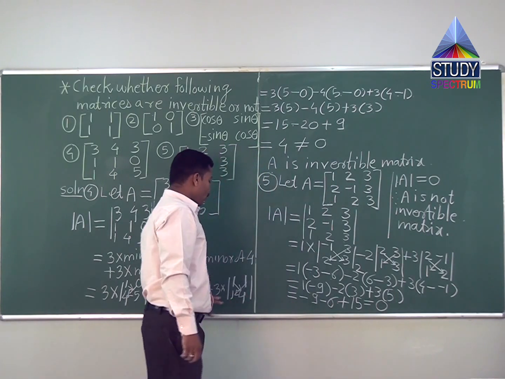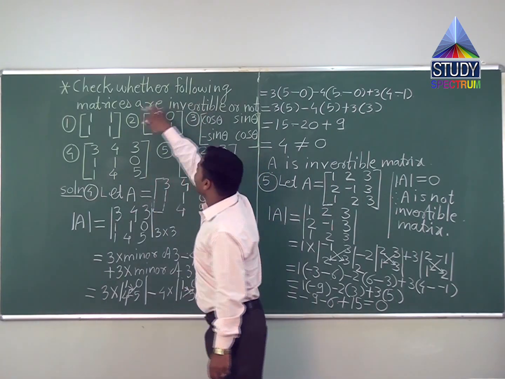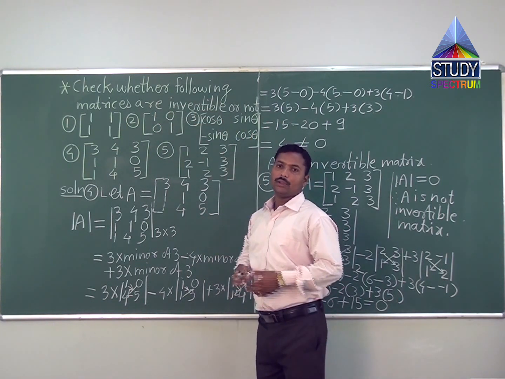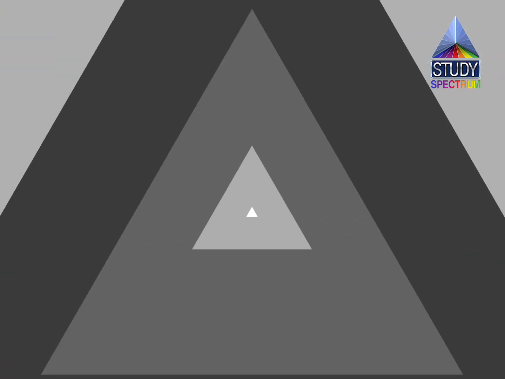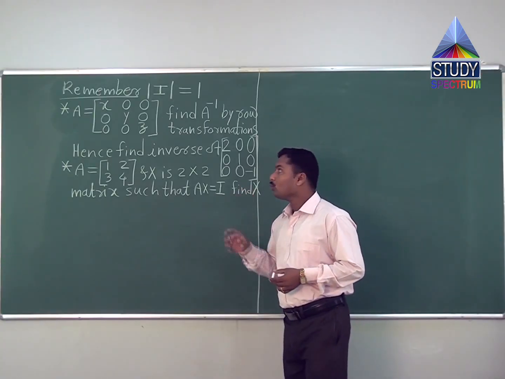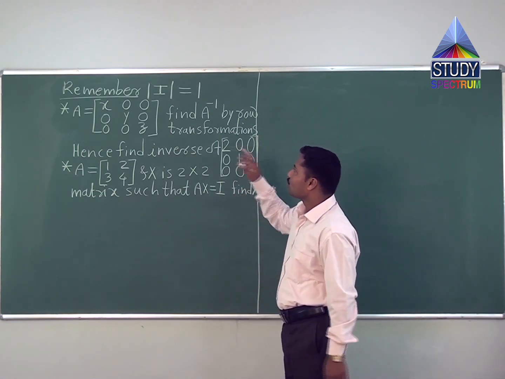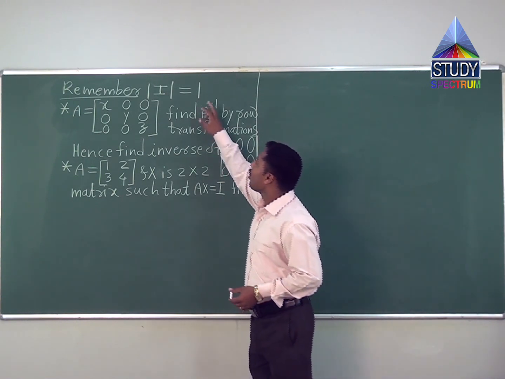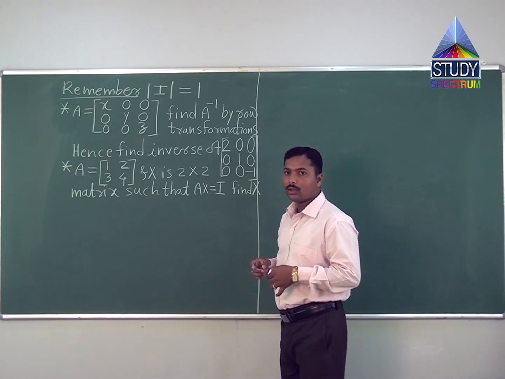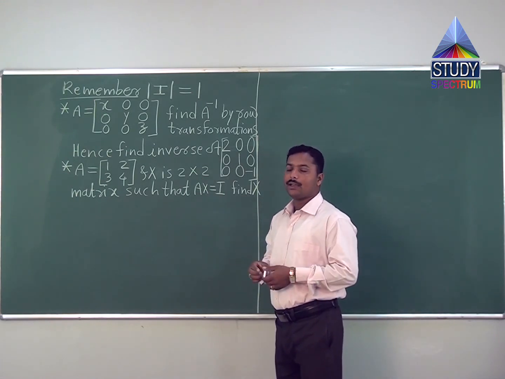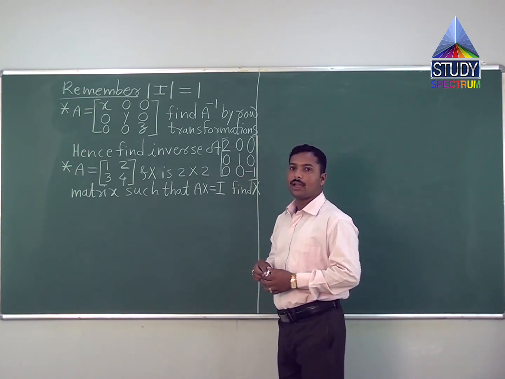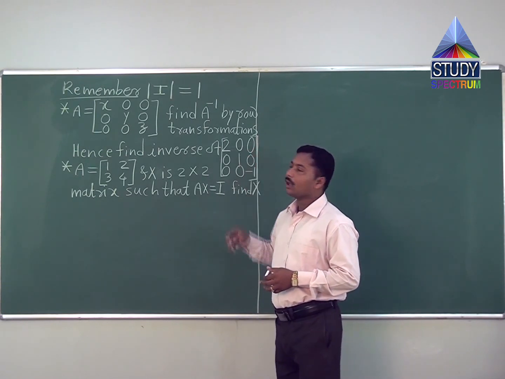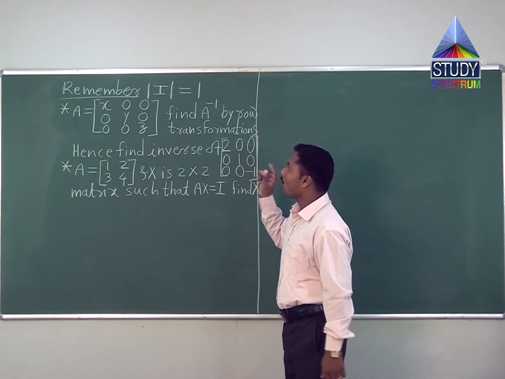And in this manner we check all these given matrices for invertible or not invertible. In the problems you saw, of the 5 matrices one was the identity matrix, 1 0, 0 1, so its determinant came out 1. If you take a 3 by 3 identity matrix, its determinant will also be 1, because every identity matrix has a determinant 1.